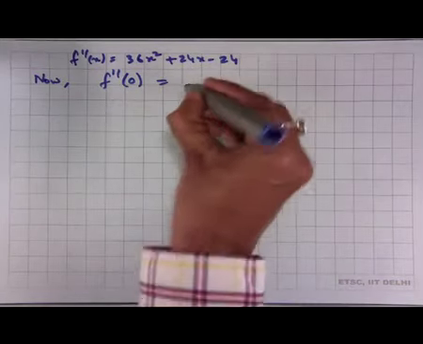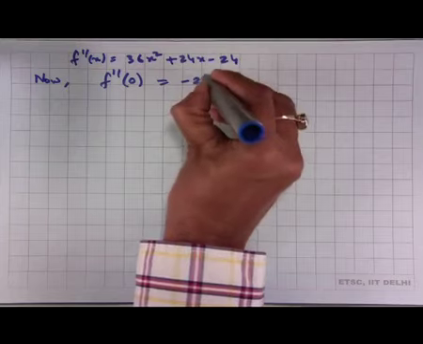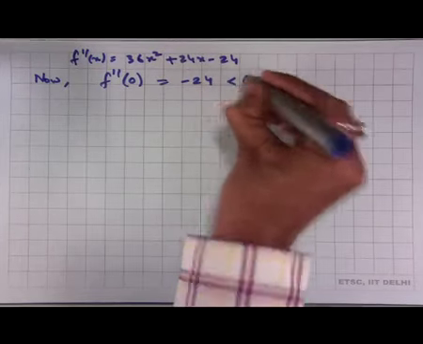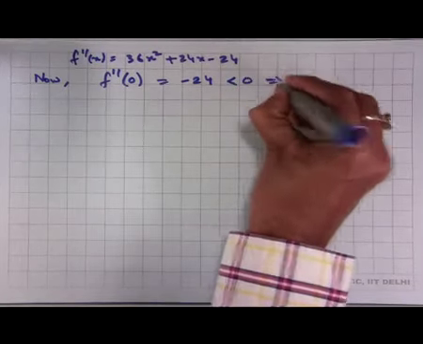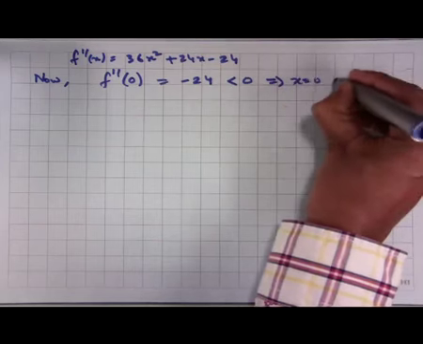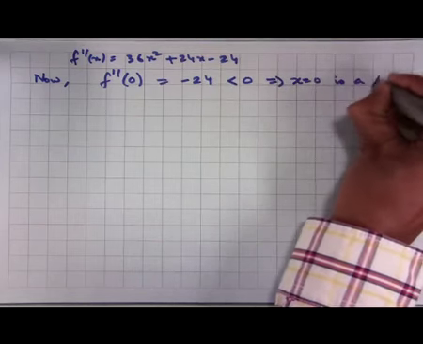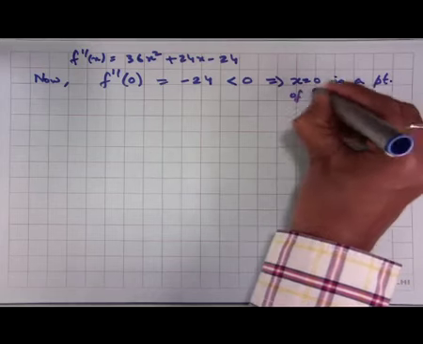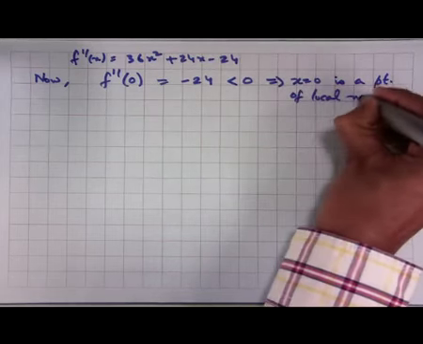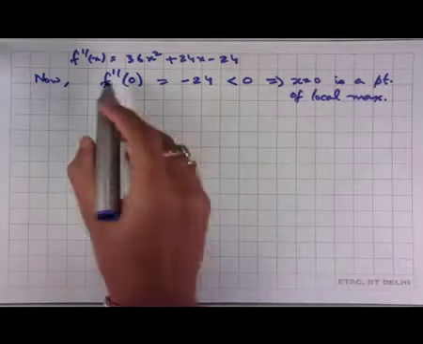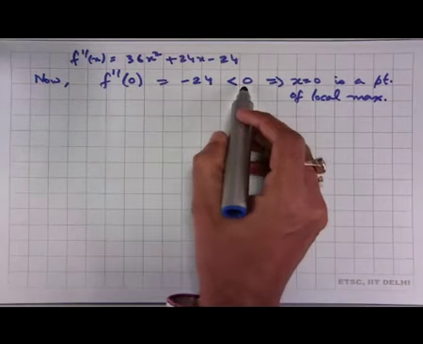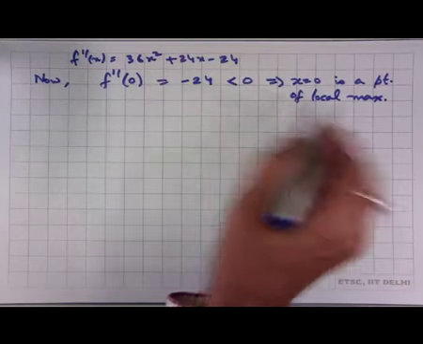So, f double prime of 0 is equal to minus 24. This is less than 0. This implies x equal to 0 is a point of local maxima. If the second derivative at a critical point is negative, then we have local maxima,